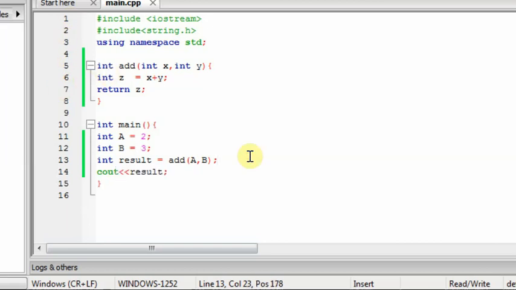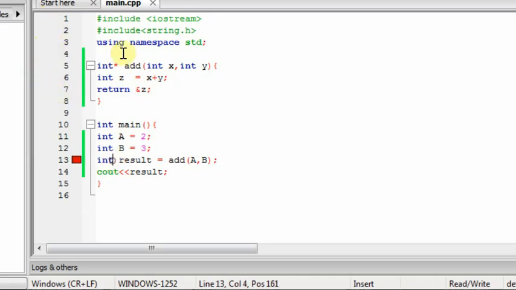Now if we want to return a pointer, not an integer like this, what will we do? We have passed these two variables here, then the return type will be a pointer, and I am returning the address of this z where I have stored the result. I am returning the address of this result, not the value. So now look at what it will do.